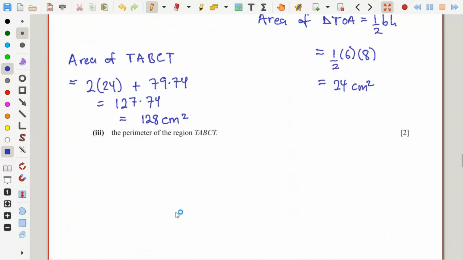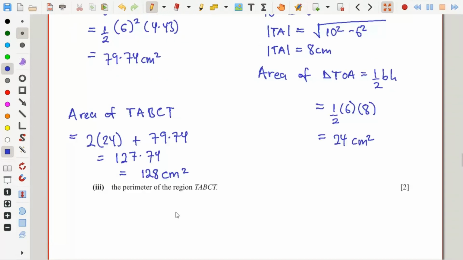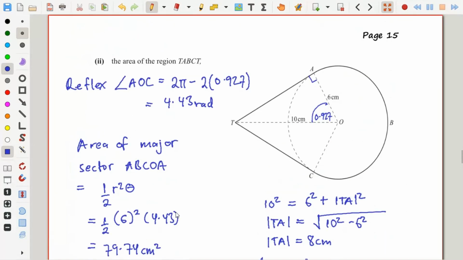But I can't believe this question is 6 marks, because there are questions that are more difficult than this, and the marks are few. Okay, perimeter of TACBCT. So that's the perimeter of the entire thing there. We know here to be 8. We know this side to be 8. I think the only side that we don't know is the length of the arc